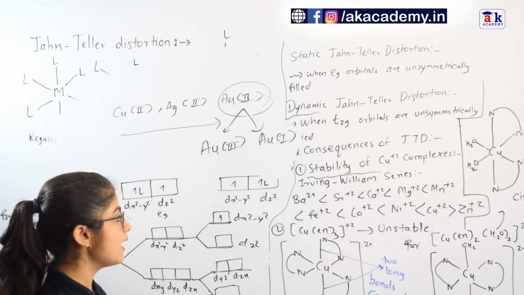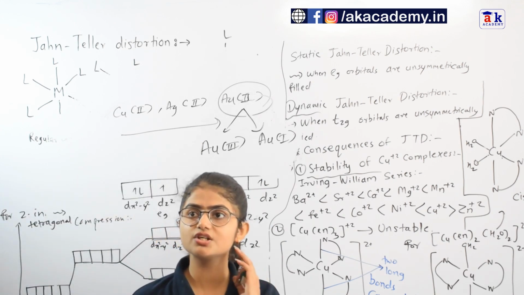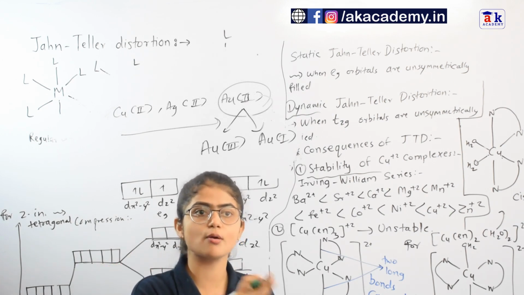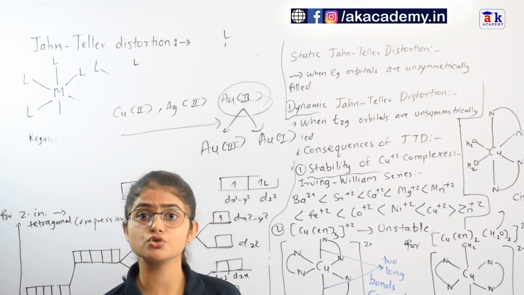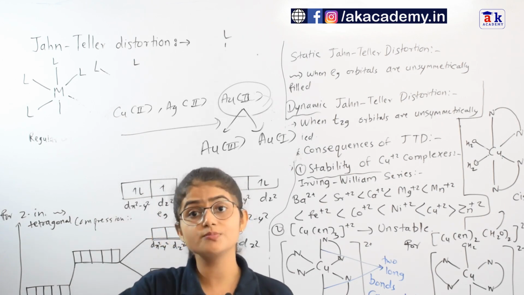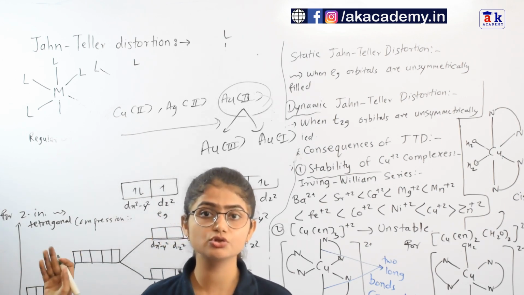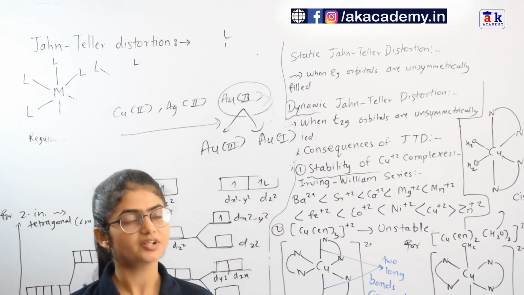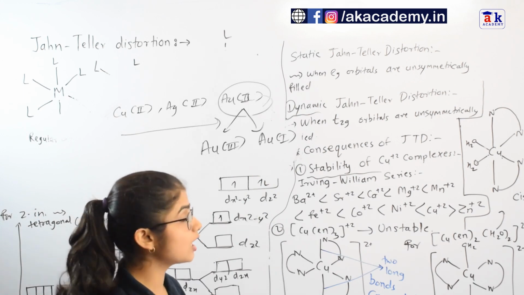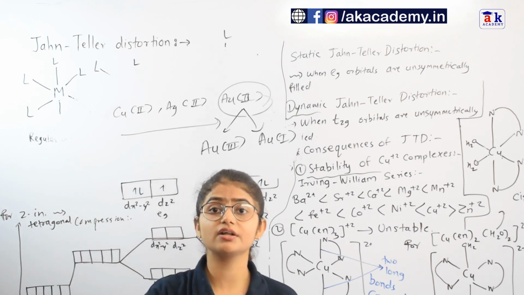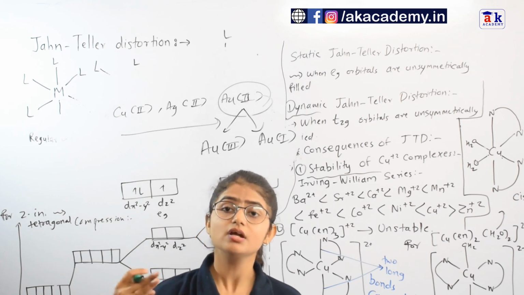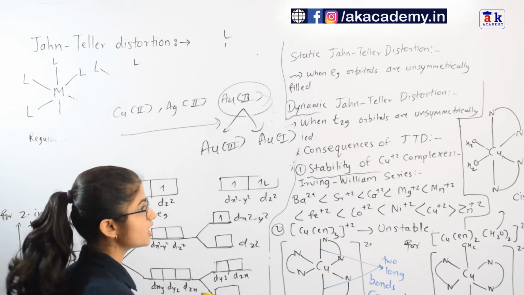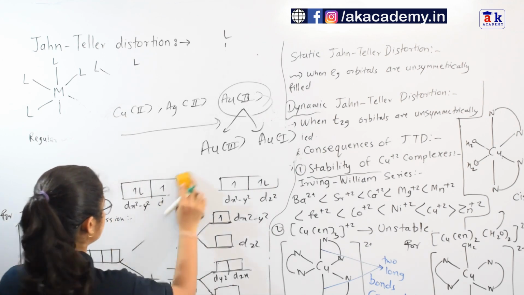Then one of the consequences of Jahn-Teller distortion is that the absorption bands actually split. For those complexes in which the Jahn-Teller distortion is observed, their absorption bands actually get split, and the reason actually is JTD. Okay, so now we have discussed the consequences, everything about Jahn-Teller distortion. Now we will see when a strong Jahn-Teller distortion is going to occur, when weak Jahn-Teller distortion is going to occur, and when no Jahn-Teller distortion is going to occur, because they are very, very helpful in solving the numericals. So now let us see quickly.